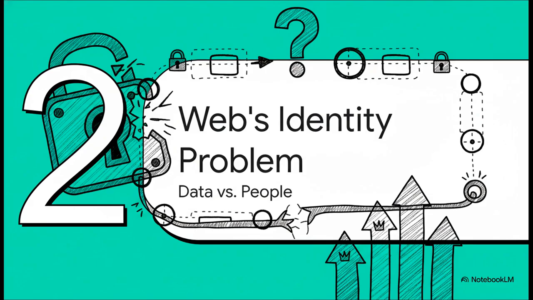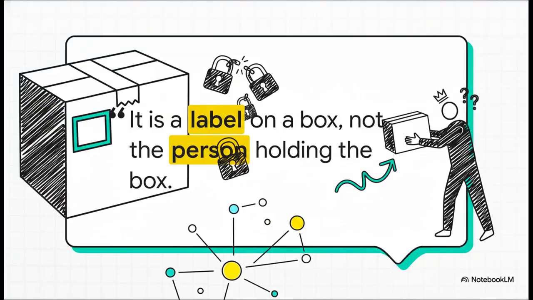But here's the catch. The very thing that makes a UUID so good for computers, the fact that it's anonymous and only cares about data, is exactly what creates this huge problem for us, the actual people using the web. Because as it turns out, labeling a piece of data is not at all the same as identifying a person. This quote from the source material just nails it. A UUID is a passive label. It's got no security, no proof of who owns it. It's just the shipping label on a package. It has no idea who owns the stuff inside that box. And in today's world, that's a massive problem.